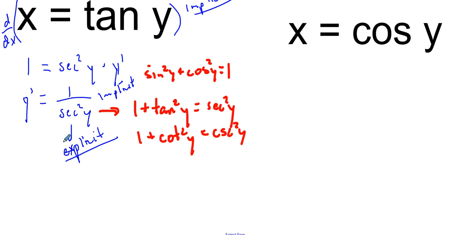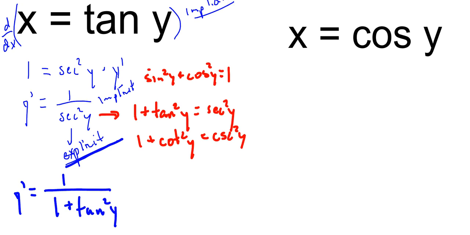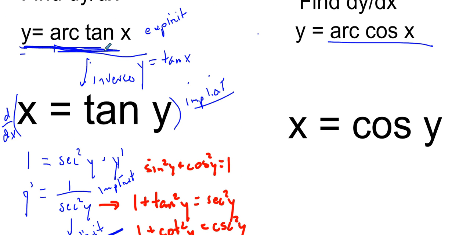So from this, I'm going to replace this over here. I'm going to use a little substitution. So y prime is actually going to equal 1 over 1 plus tangent squared of y. Now, this is where the mathematics comes from. You might be thinking to yourself, hey, Mr. Gottschalk, that didn't really give us anything. We just changed one implicit equation into another implicit equation. How do we get to the explicit formula so we actually know what the derivative of arctangent of x is